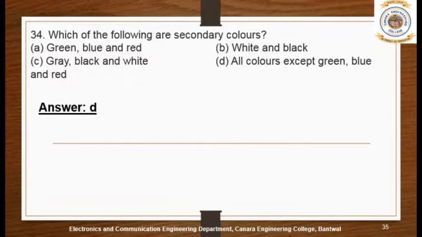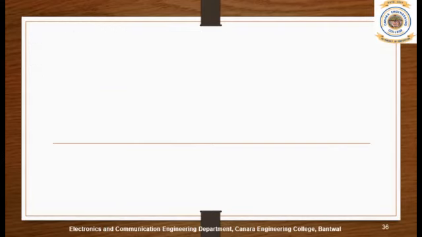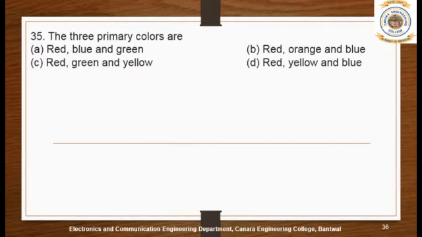Obviously RGB, that is what we consider RGB colors. So they are primary colors in fact. So the remaining colors are the secondary colors. The three primary colors, as I already told you, are RGB, that is red, green and blue. So that is a color combination used for any primary colors.